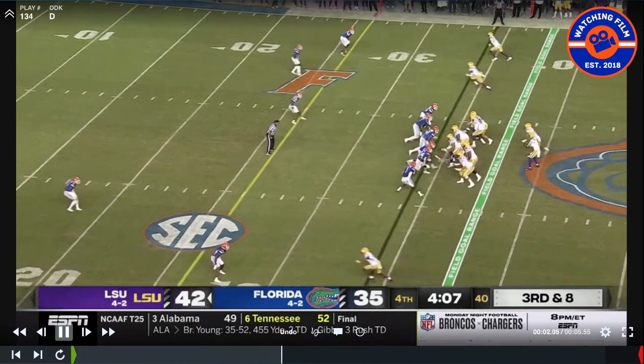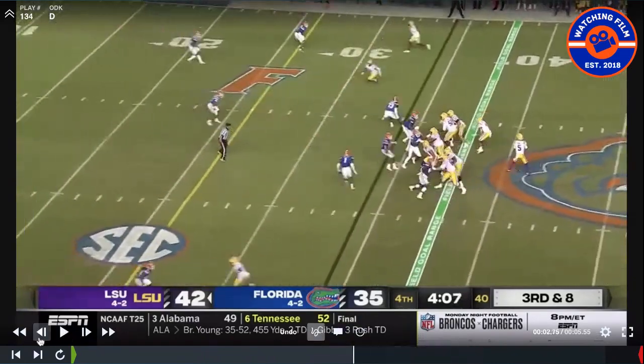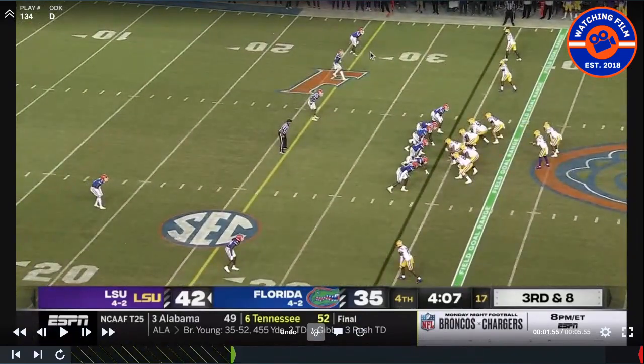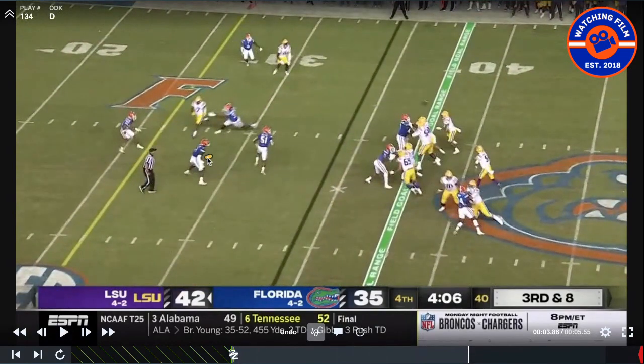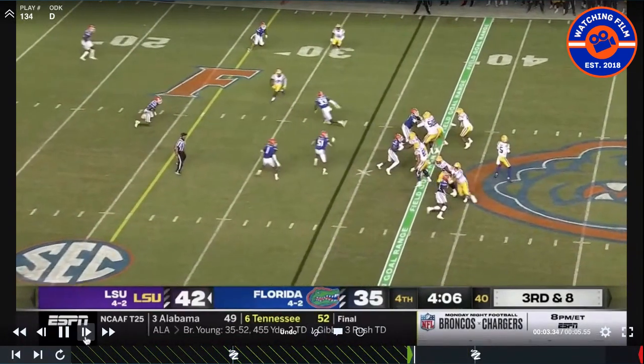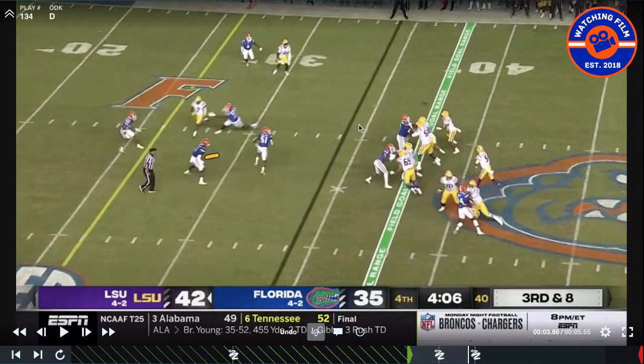So here's one where, I'm not positive what the call is for him. Is he supposed to just turn here and take the first thing that crosses his face? I don't know, because now I've got 4 dudes here. Imagine, if you will, in my best Twilight Zone voice, if he drops out to here. If he gets under this window, which I think could be a possibility,